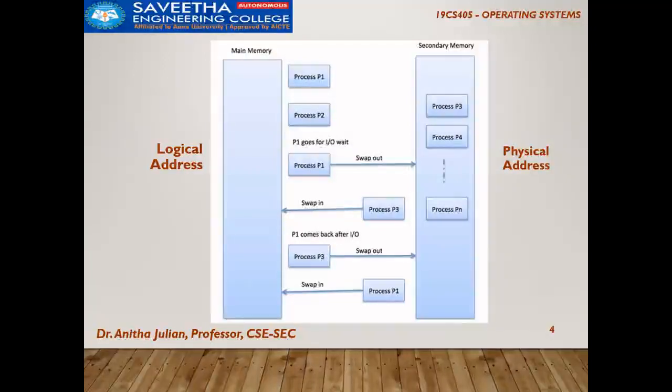In the computer, we can name the main memory as the memory available in the computer, and secondary memory is the hard disk. When we are working, we are going to have more than one process, and very limited main memory will be available. Whatever is frequently used, we can bring into the main memory, and the remaining can be in the secondary memory. When it is in the main memory, it has a logical address, and when it is in the secondary memory, it has a physical address.